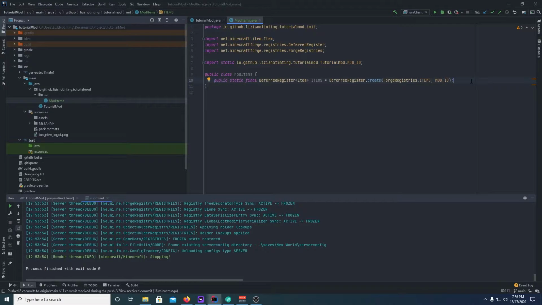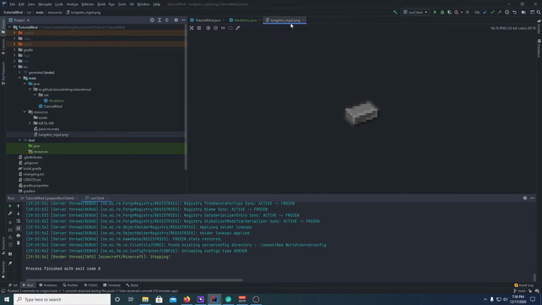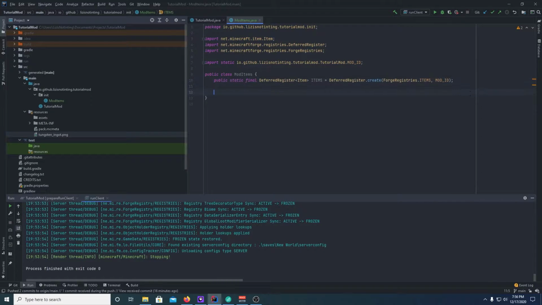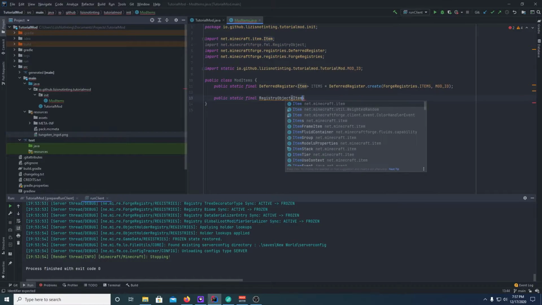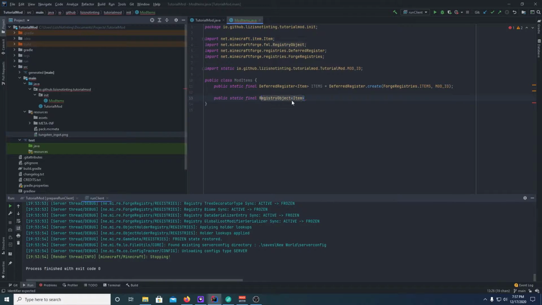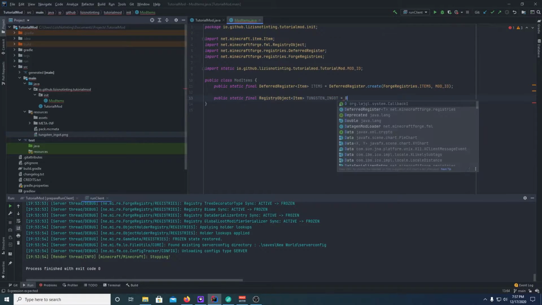The next thing we want to do is actually create the item. For this tutorial, we'll be registering a tungsten ingot into the game. So what we want to do here is do public static final RegistryObject<Item>. This is a registry object for an item instead of just a regular item because the item's being registered later. So because the item is not available until it's actually registered, it needs to have a wrapper class. But this will be called TUNGSTEN_INGOT, and this will be